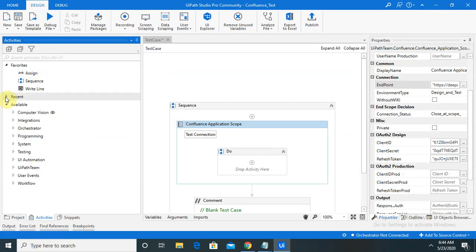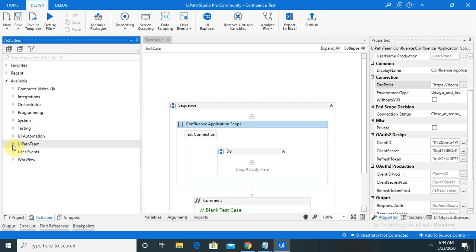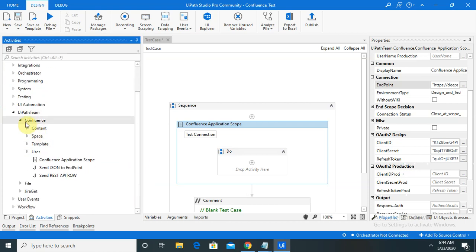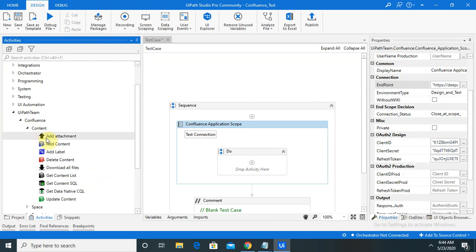So let me start from the beginning. Just go to the UiPath.Team activity and select Confluence. Whenever you select Confluence, you can see several activities are available, like add attachment, add content, add label.